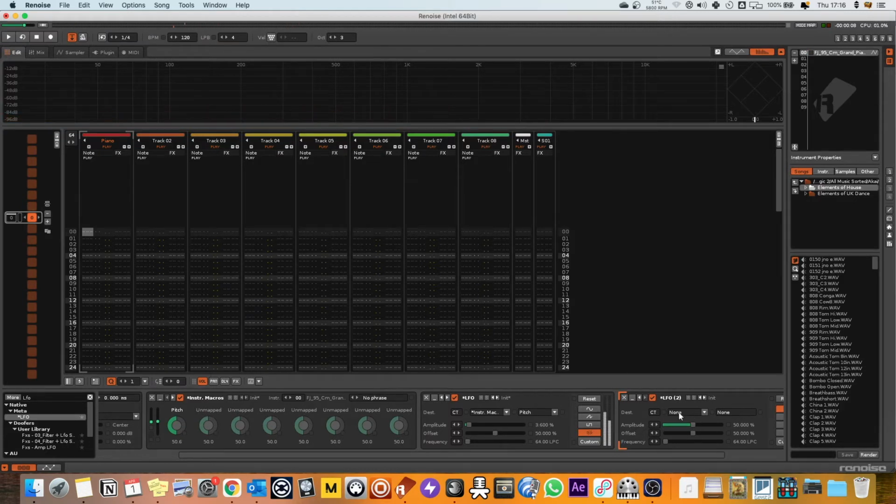To make this work a little bit better and work a bit more by itself, I'm actually going to take this LFO and assign it to the amplitude of this one. So LFO2 to LFO1 and assign it to amplitude. So now it's modulating the amplitude of this LFO, and if I take this way down and I offset it,